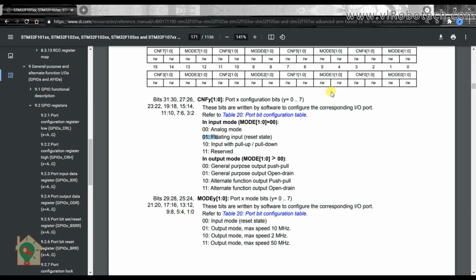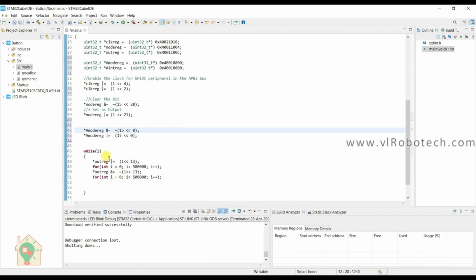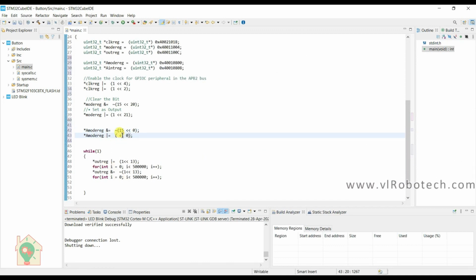So for the CNF bits, this bit will be 1 and this bit will be 0. Okay, it means only the second bit will be 0. So it will be 1 and here it will be 2.